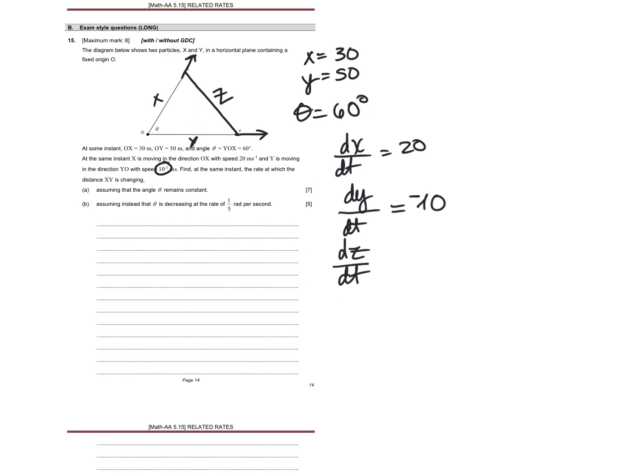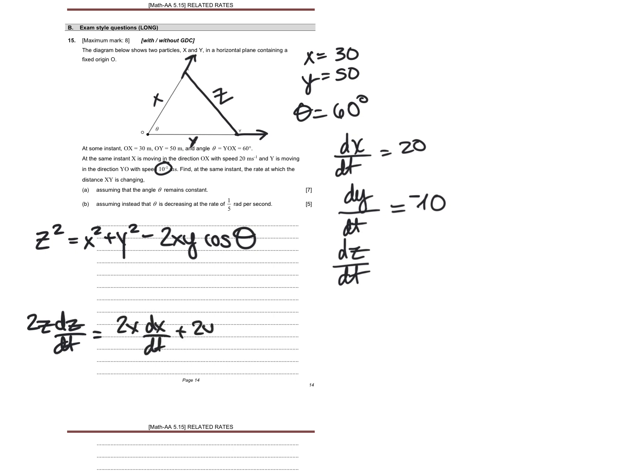So the relationship here is going to be z squared equals x squared plus y squared minus 2xy cosine theta. And theta is constant, so you don't have to differentiate theta with respect to time. Okay, so we are going to differentiate this. So we're going to have 2z dz/dt equals 2x dx/dt plus 2y dy/dt minus 2 cosine theta,